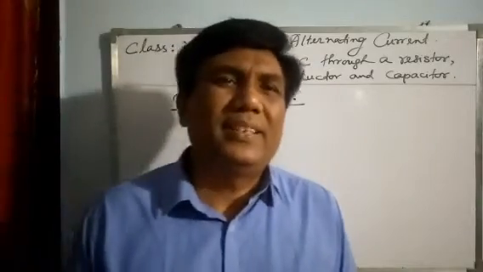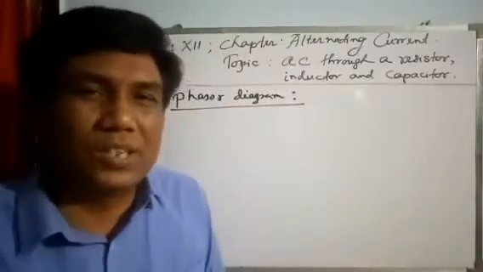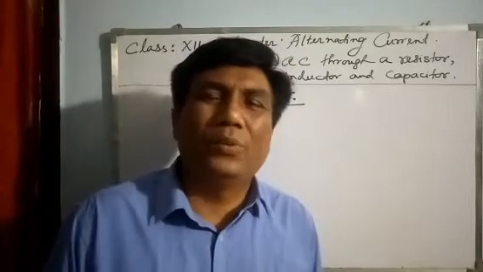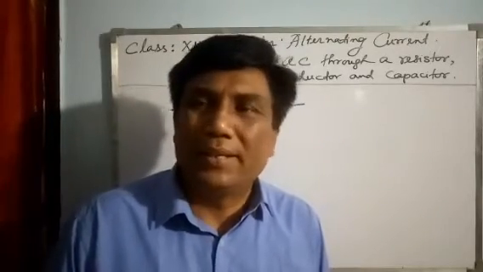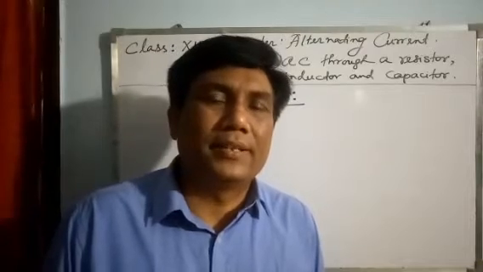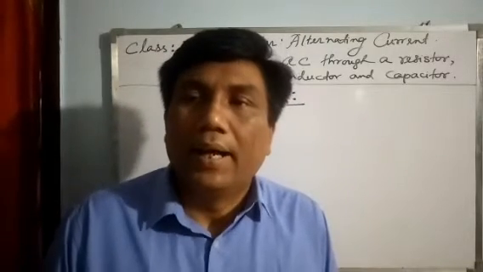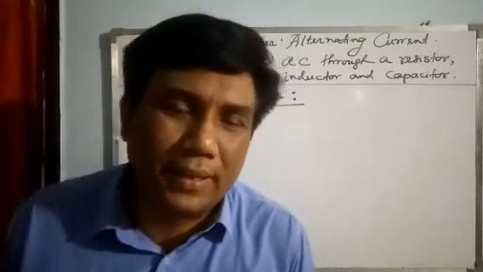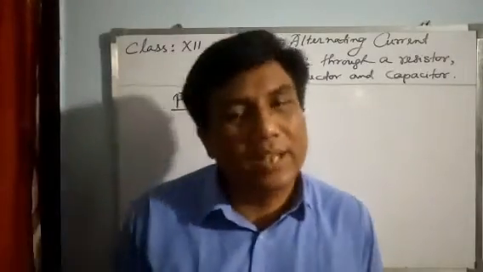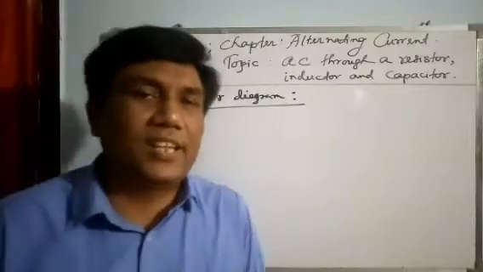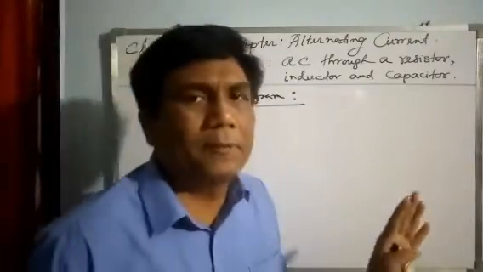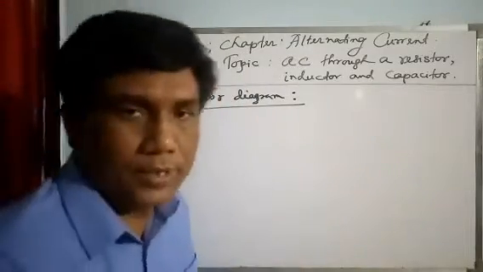This type of special quantity, which also has some behavior of a vector, we call a tensor. We don't require this word now; in higher classes it may be required. But if somebody asks you whether voltage is a vector or scalar, you will write scalar only. Whether current is scalar or vector, you will write scalar only. That is for writing purposes, but for understanding purposes we can also treat them as vectors.